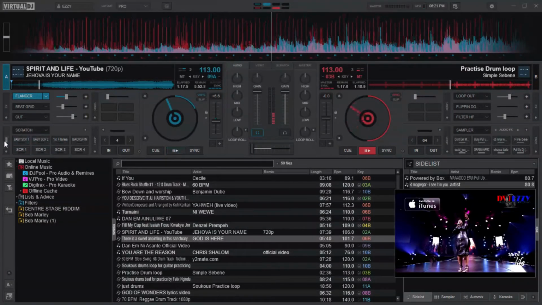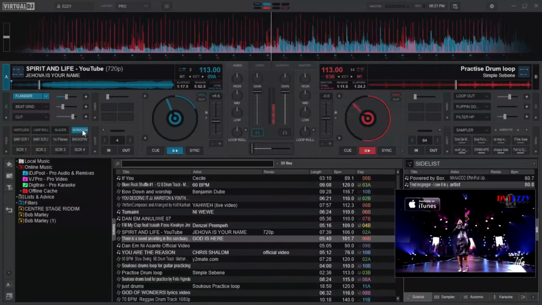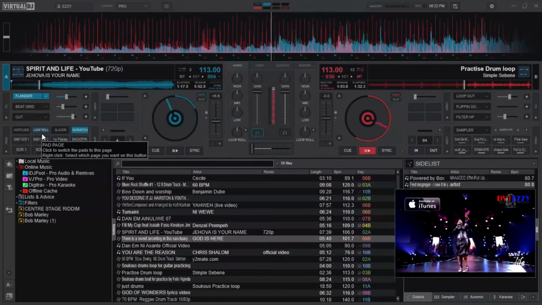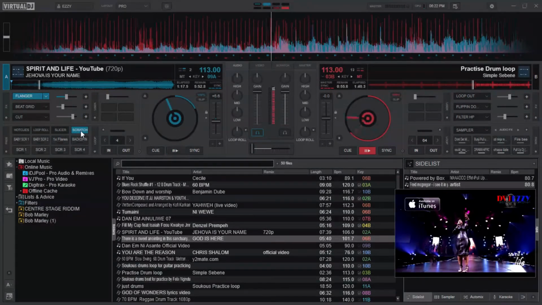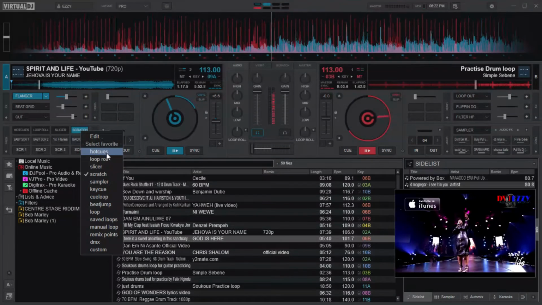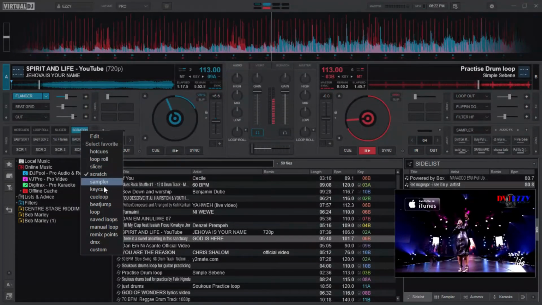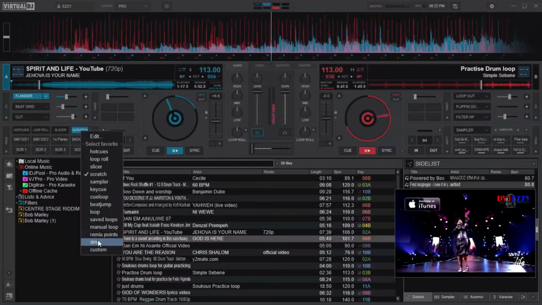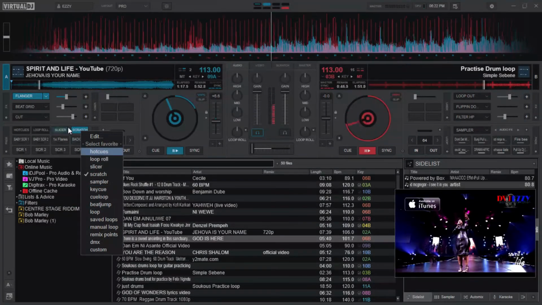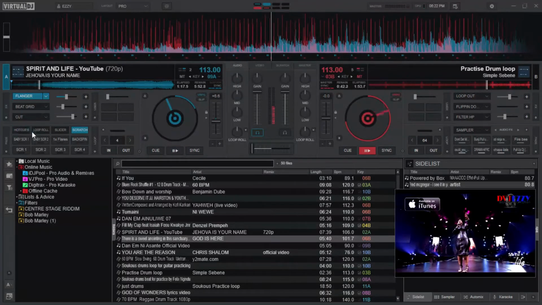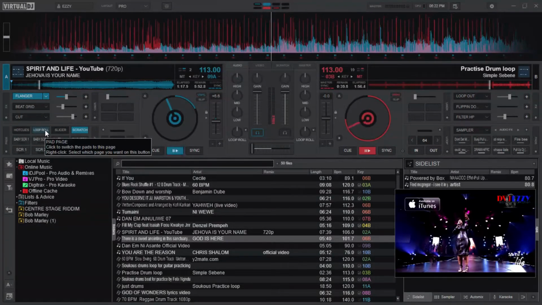So the path section, when you click it, it will give you 4 slots where you can select different kind of effects or paths that you want to have working on that track. So for instance, I want to use a scratch. I can change this one. When I right click it, I can change it to any other kind of path that I like, but I like the scratch, I like the slicer, I like hot cues, I like loop roll.